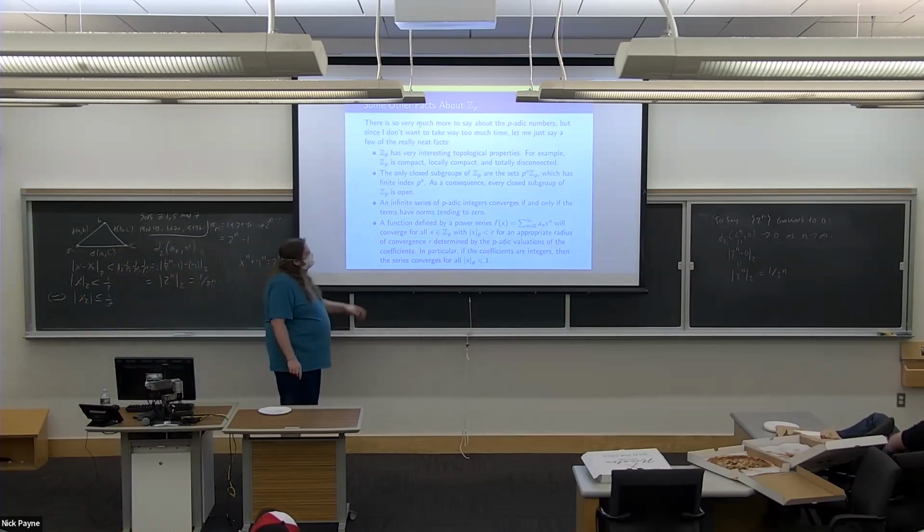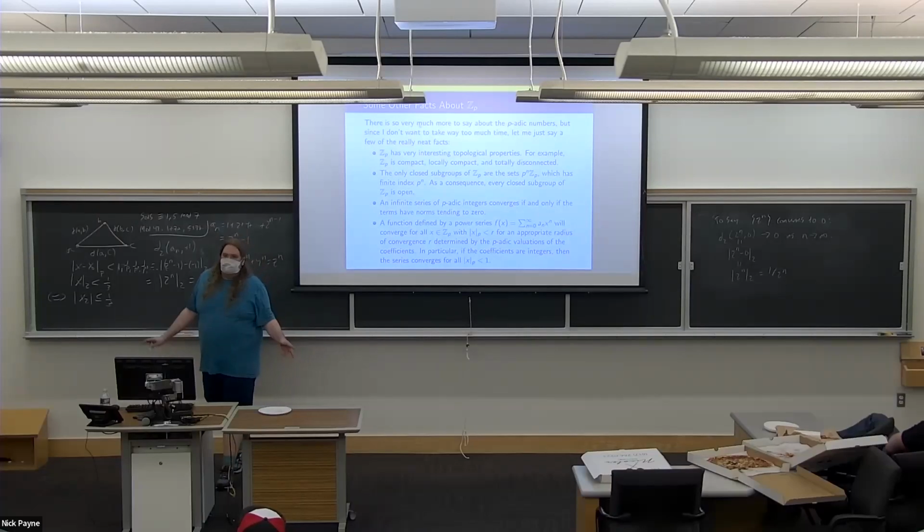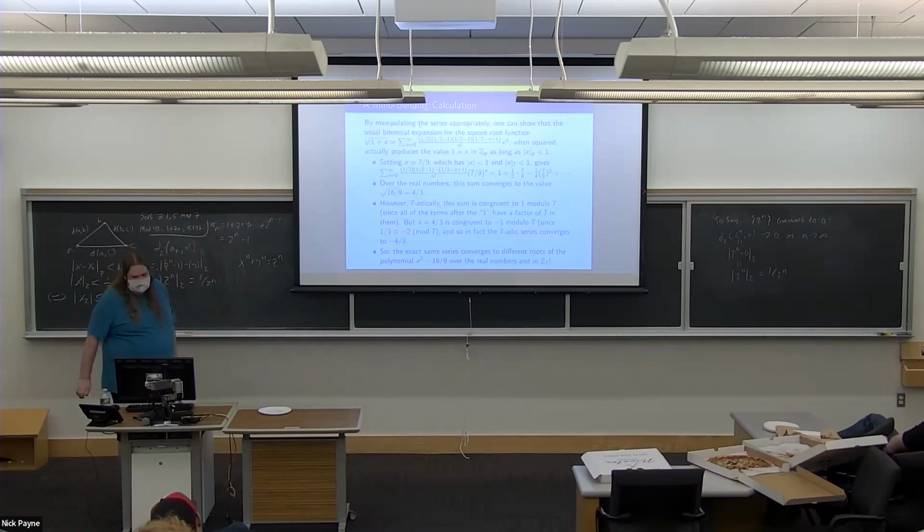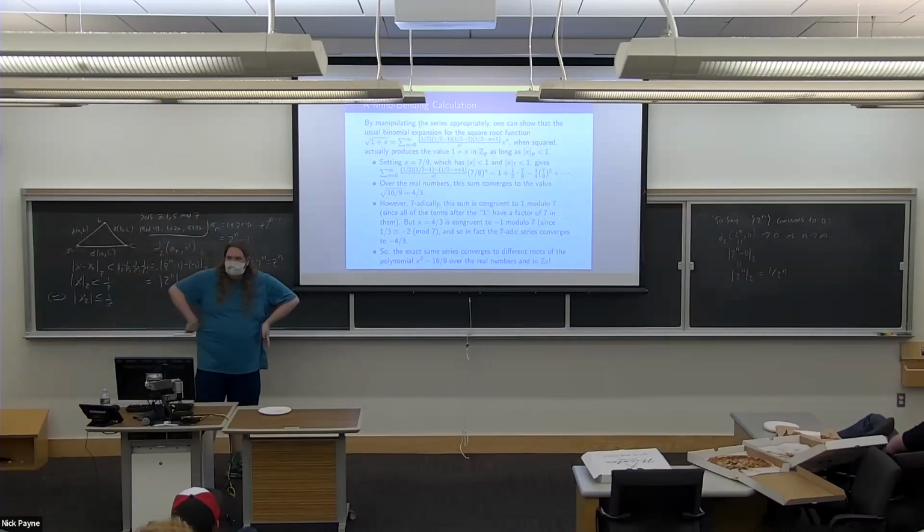And then finally, if you want to write down functions by power series, you can do the square root. You can try to do the exponential. You have to make sure that the denominators don't grow too big, so exponentials are kind of out. But there are lots of other kinds of functions that you can define as power series, and they all have the same exact kind of analytic properties. There's a radius of convergence and whatnot, and it's just the p-adic radius of convergence instead of absolute value. Here I worked out some examples that I grabbed from books about computing the square root of something p-adically. So you can kind of stare at that while I wind down.